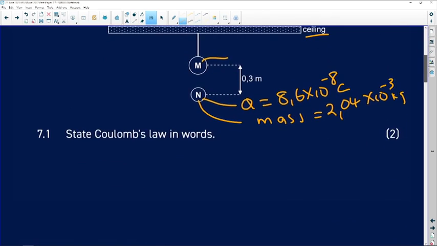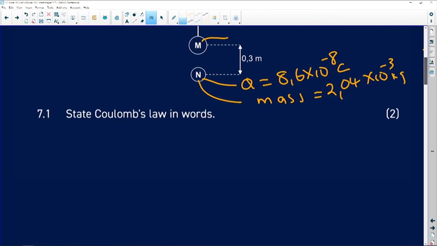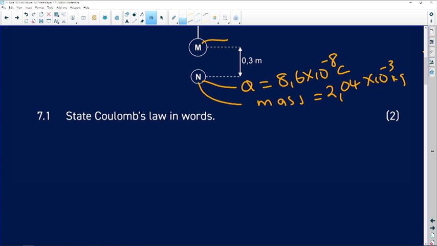Let's move to our questions now. Question 7.1 says state Coulomb's law in words. This is for 2 marks in the exam. How do we state Coulomb's law? We must speak about the relationship here, and start by saying that it is the magnitude